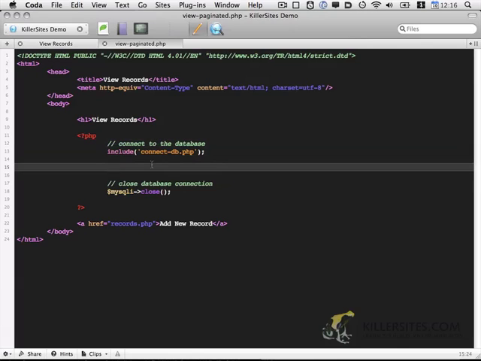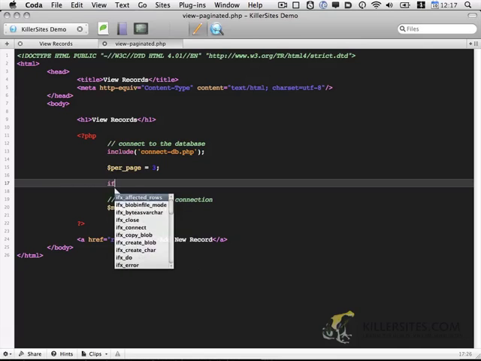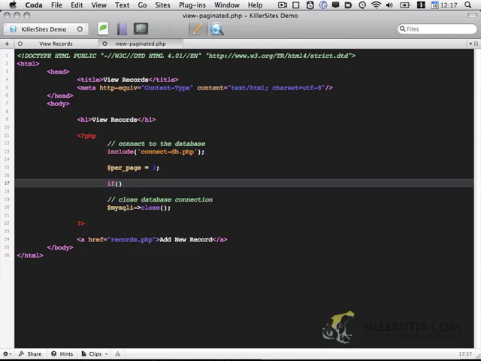Okay, so let's first consider how many records we want to show per page. For this example, I'm going to stick to a low number. I'm going to do 3 just for the sake of the example, but obviously if you were using this on a real website, you probably want 10 or more. So the first thing we need to do is figure out how many records are actually in the database. So we'll go ahead and do that with if result